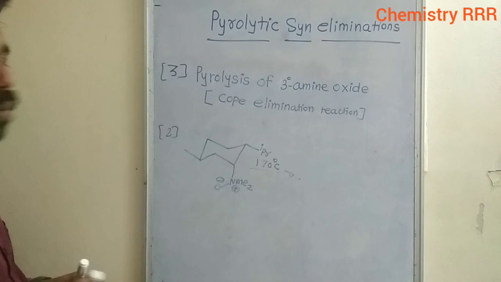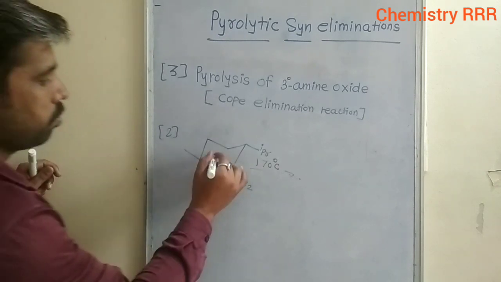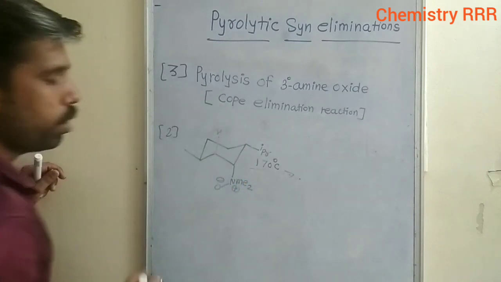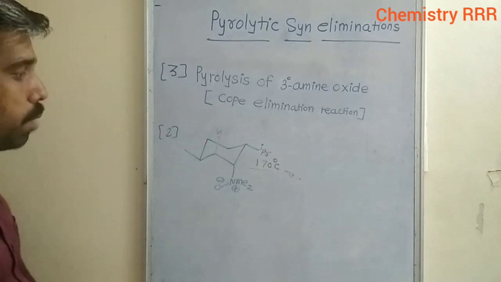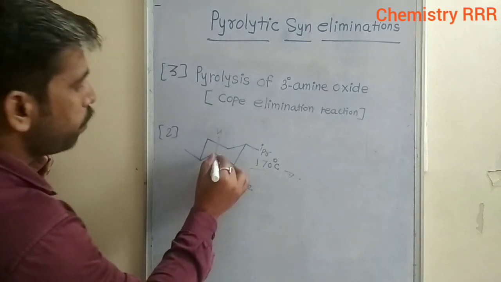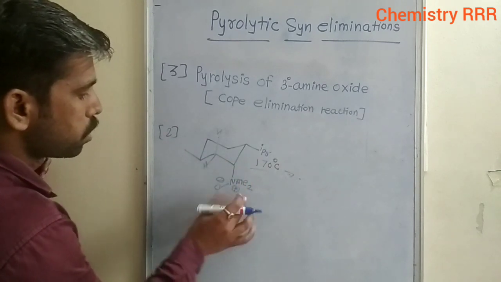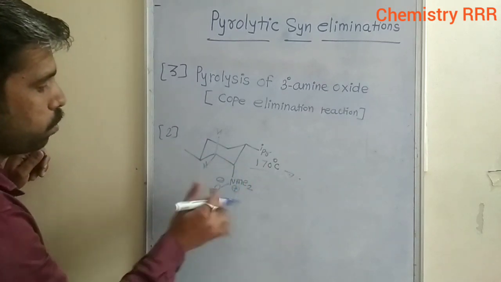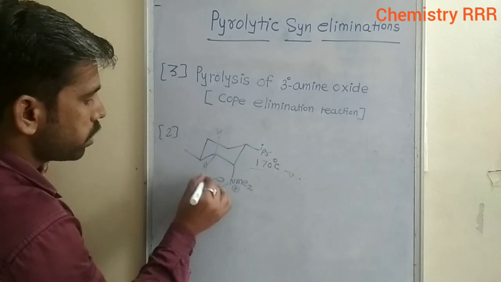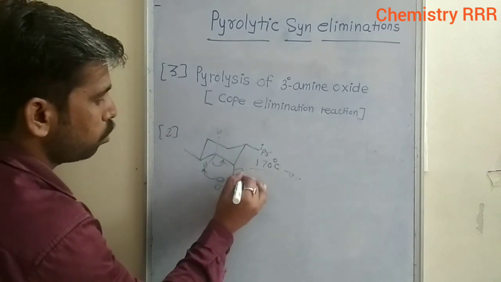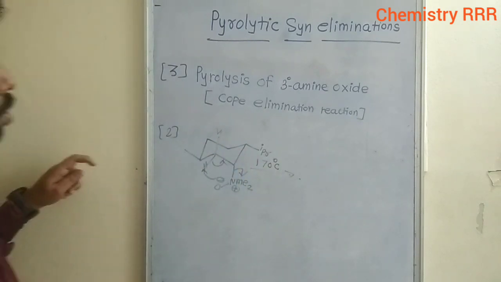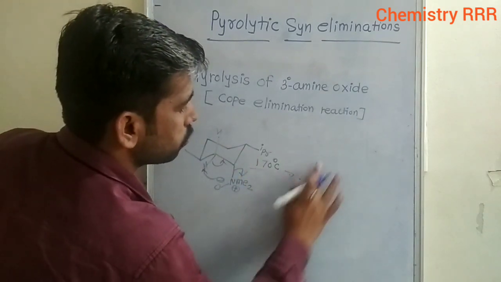This is the syn elimination reaction, you know that, and for the syn pyrolytic elimination reaction, there must be at least one beta hydrogen cis to the eliminating group. This is an eliminating group, so there is abstraction of this beta hydrogen, and through a concerted mechanism we get the product,